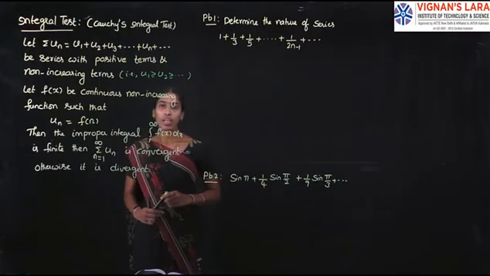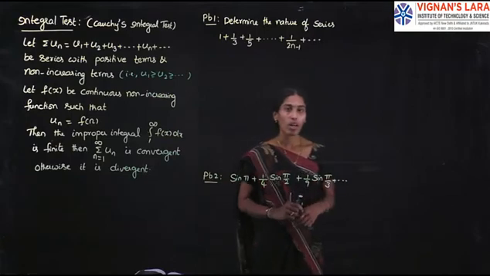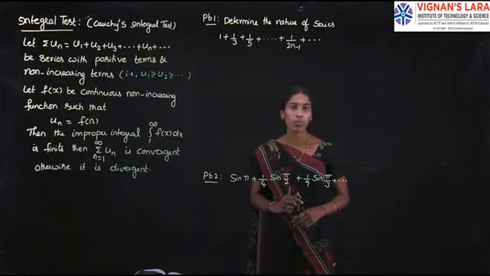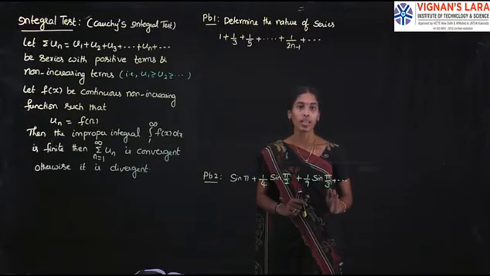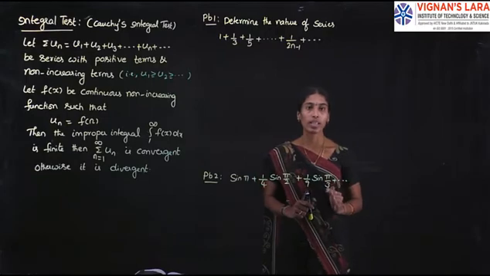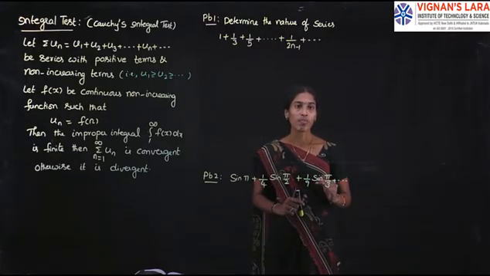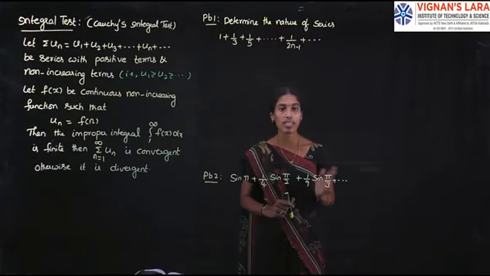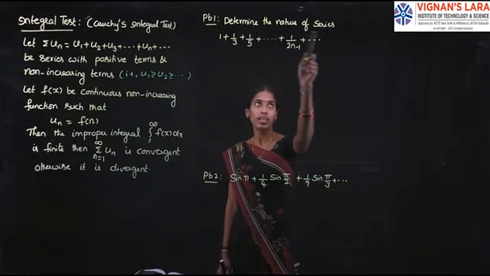So here we are finding the nature of the series using the integral. So we call it the integral test. To say that sigma n equal to 1 to infinity un is convergent if the improper integration 1 to infinity f of x dx is finite. If the integration value is infinity, then the series is not convergent. In other words, we can say that the series is divergent, right? Now we will see the problems. The first one, determine the nature of the series.